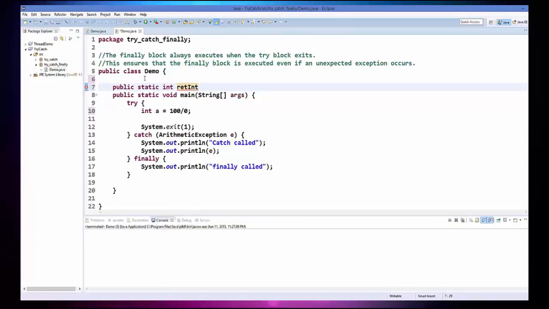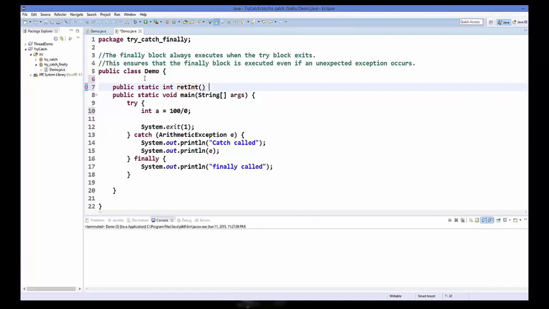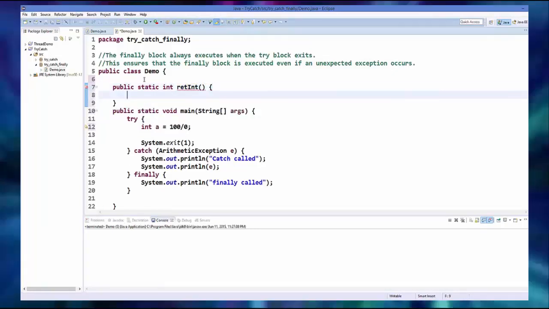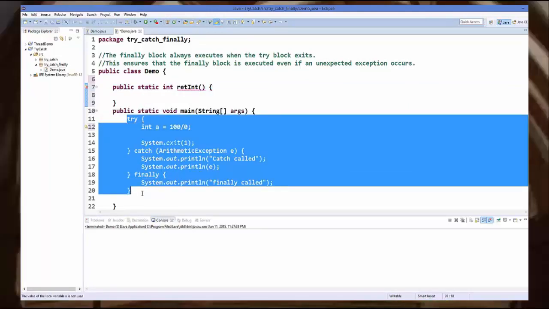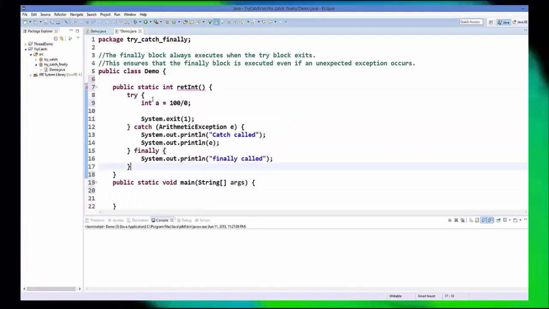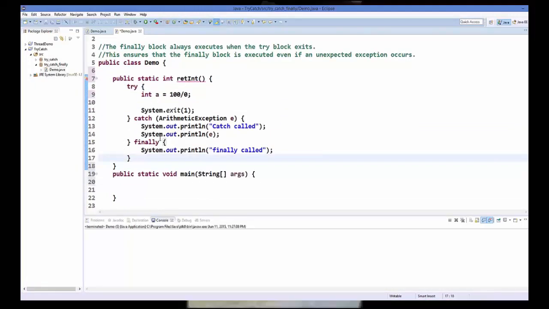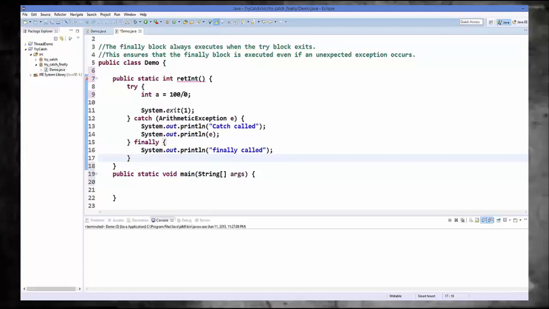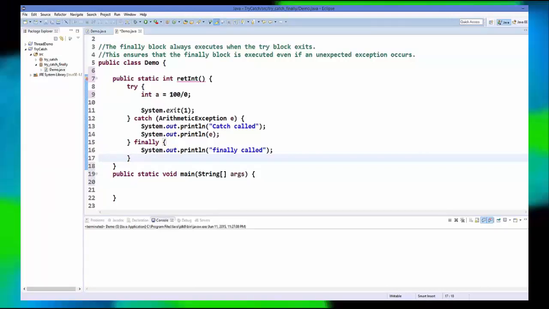Let's say this method only returns an integer. Inside this I'm just going to copy and cut this code which I have in the main and paste it here. And in the last, I want to return some integer. So for example, I want to return the value of a, right?